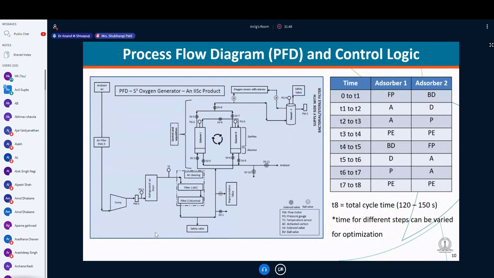And typically the design that we have evolved has a cycle time of between 120 and 150 seconds. That essentially means each column undergoes one particular cycle in 120 to 150 seconds. So it will be generating oxygen for some time, and the moment it stops generating oxygen, it switches over to the next column. That way, by means of intermittent switching, we are able to continuously generate the desired oxygen. Next slide, please.